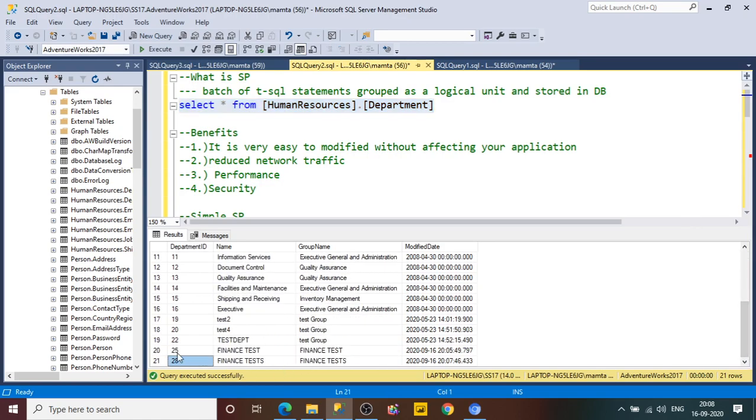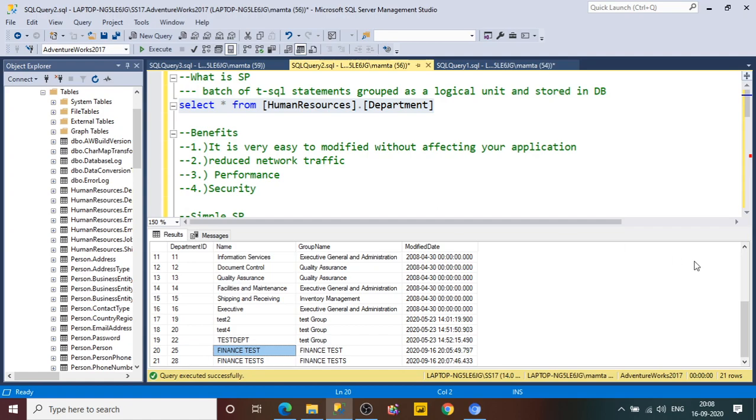Now why is there a difference from 25 to 28? Because we have tried to insert the record with the same ID. So what will happen in the background, this ID will be generated, it will not be collapsed. It will be generated, but as the data will not be inserted, the next time when the data is inserted without any error, it will increment the auto incremented ID by 1. So this is the default behavior of the SQL Server.